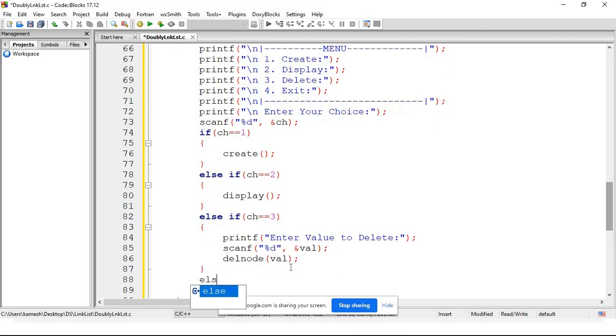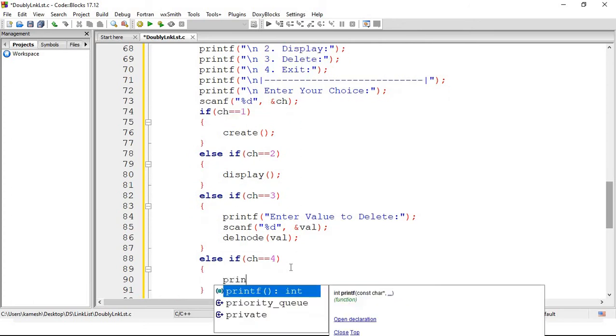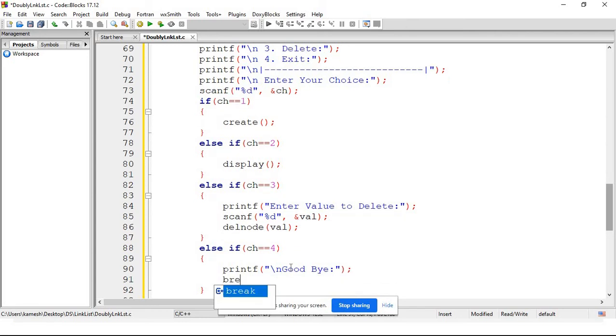Okay, else if choice is equal to 4, that means the user wants to quit the program. We'll just simply give the goodbye message, right? And after this goodbye, we just need to break the loop. So here we will write break.